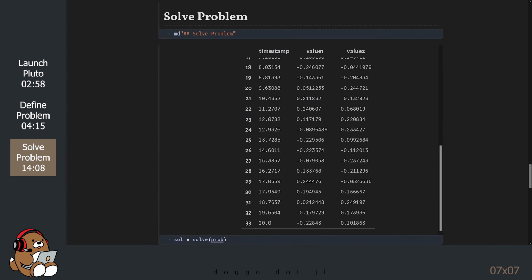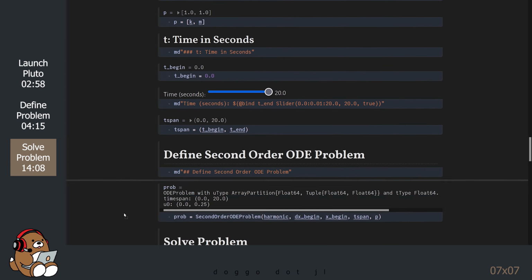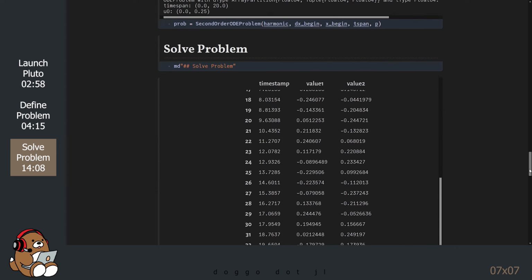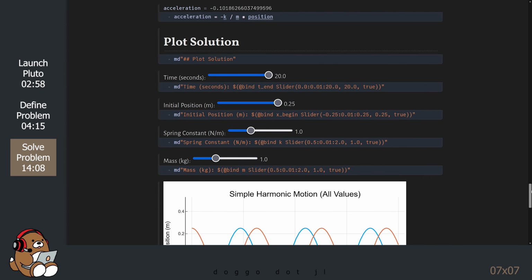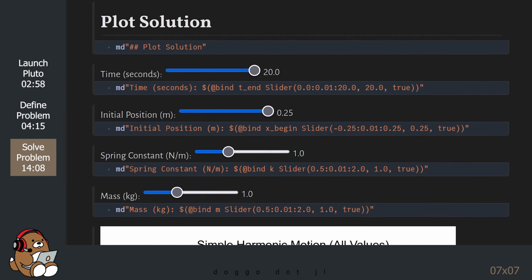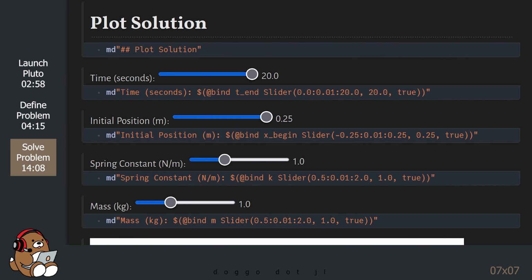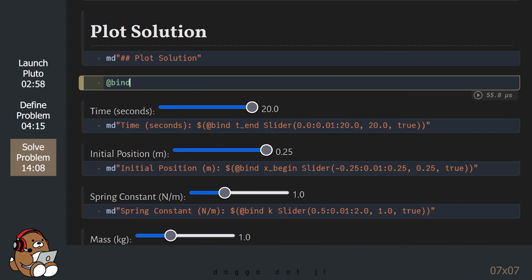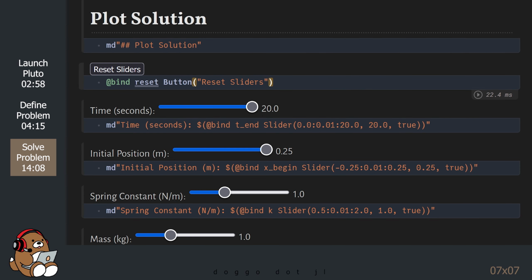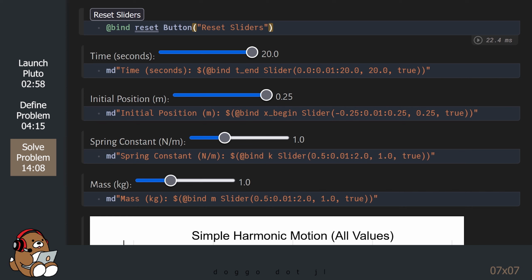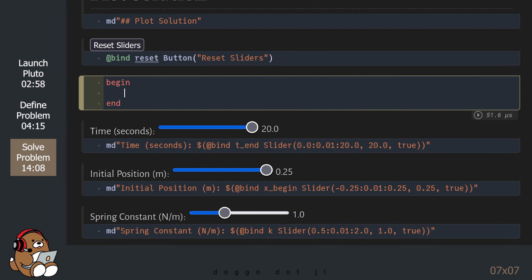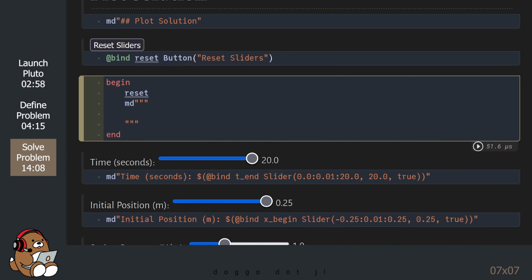Okay, now that we have our plots, let's pull down our widgets so we can perform some analysis. I'm going to fast forward through this part. I'm going to show you a little life hack so we can reset our sliders while also combining the sliders into a couple of lines. We can set up a button widget to reset the sliders. Now we can use the reset variable inside any cell that contains a slider. Let's combine the time and position sliders. You can just copy and paste some of this code.